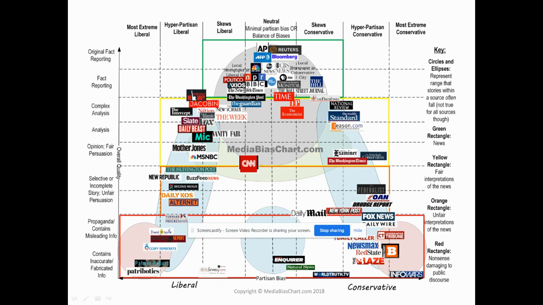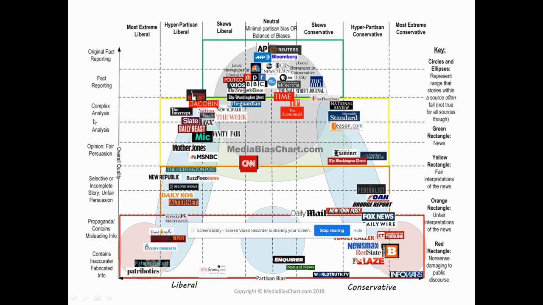If you look a little bit towards the left, we could see the New York Times, the Washington Post. If you look, it's kind of split down the middle. So, their news station tends to be more in the neutral, and their editorial page tends to skew a little liberal. Same is true if we look at organizations such as the Wall Street Journal or The Hill or even The Economist.